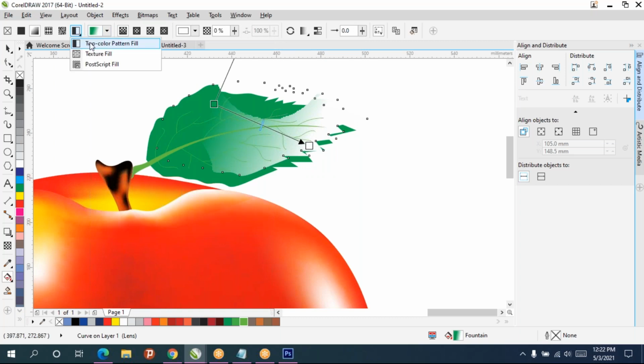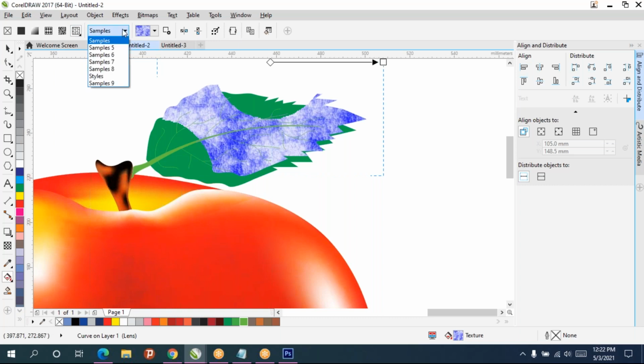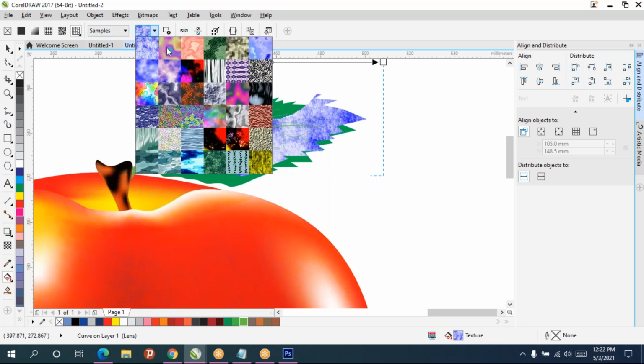Always interactive fill is best. Texture fill. Then I'll give samples. Choose anything in this.